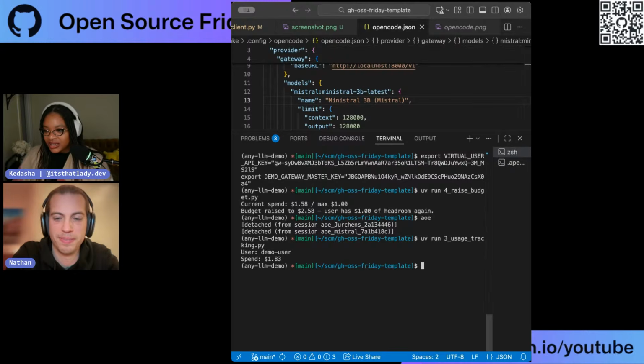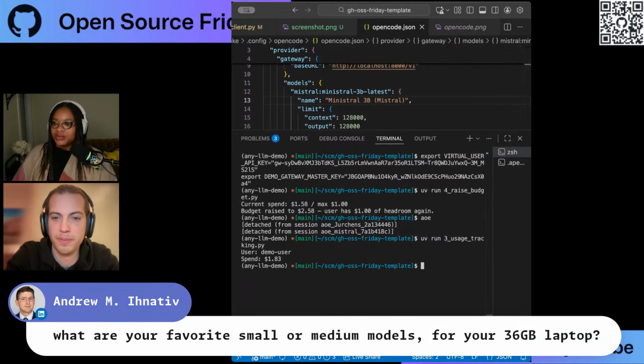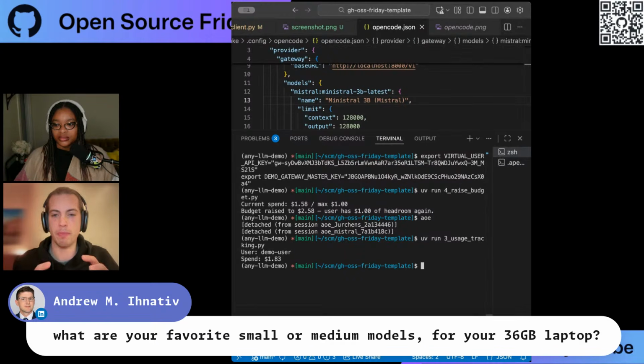Okay, so what would you say your favorite small or medium models are, as we wrap up here? Ooh, that's a great question. For image recognition, Mistral has been a lot of fun. I have a little Mac Mini running at home with LM Studio that I run some other models on.